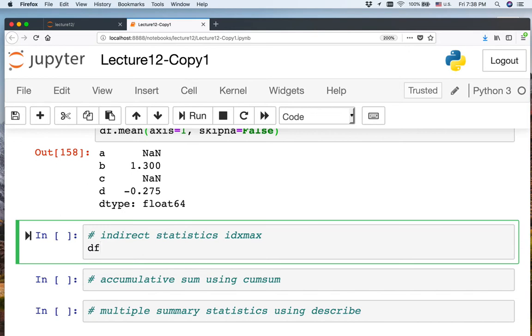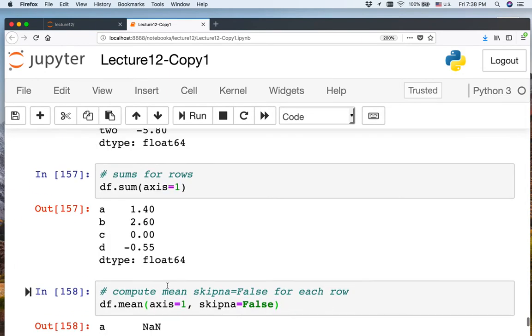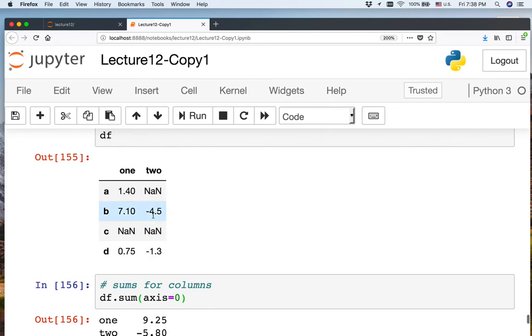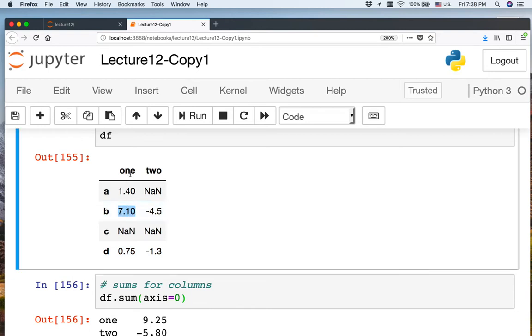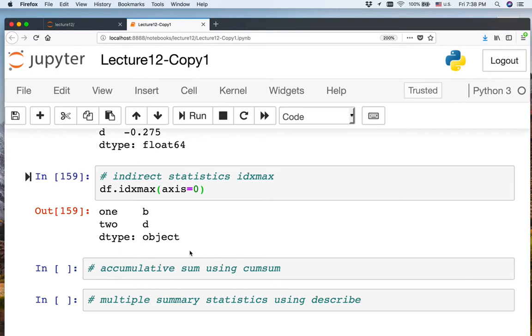So let's say df index max, let's say axis 0. So it will give us for each column, B and D. What does that mean? For each column, it says the value which has the maximum for the first is B. The value that has the maximum for the second is D. Okay, so that's what it does basically. So it's like arg max